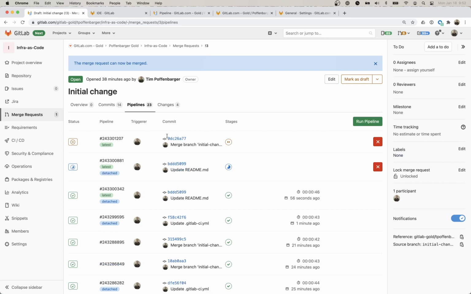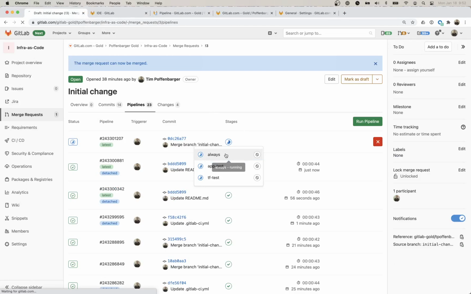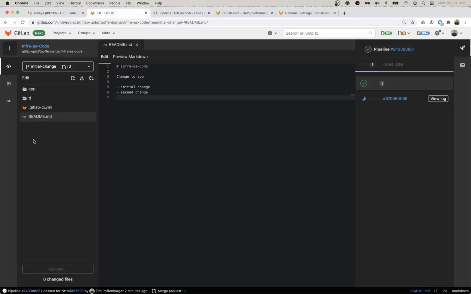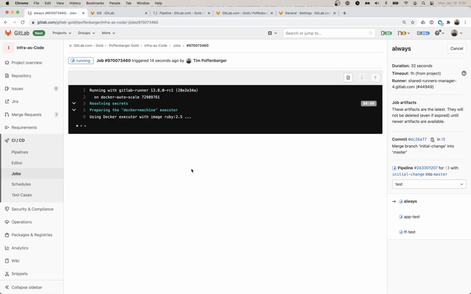Now you can actually see that this commit SHA has changed because now it's merging all of those changes together, which is really convenient. And now if I go ahead and open up this pipeline, it's always job. And let me show you something real quick. So right here, you can actually see that I have an app directory, a TF directory, a GitLab YAML file, and a README file. But in my master branch, I have this fancy file that I added. So when I look at this pipeline,